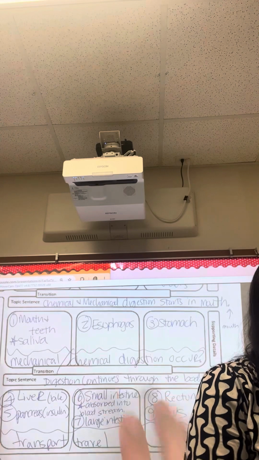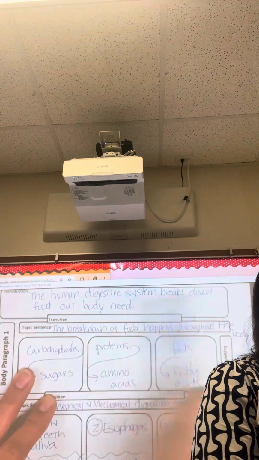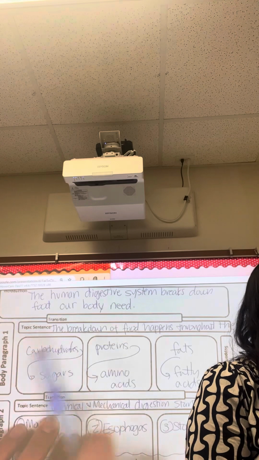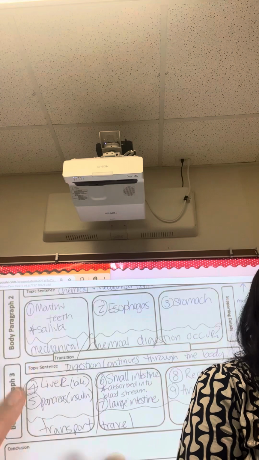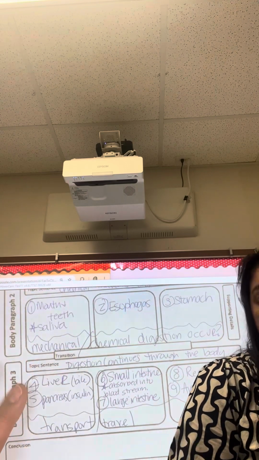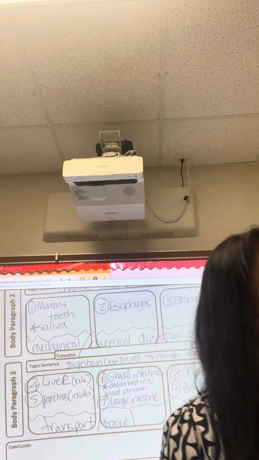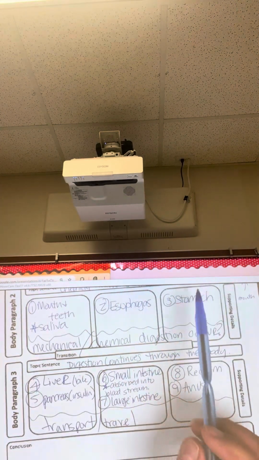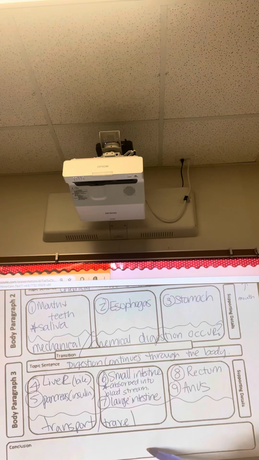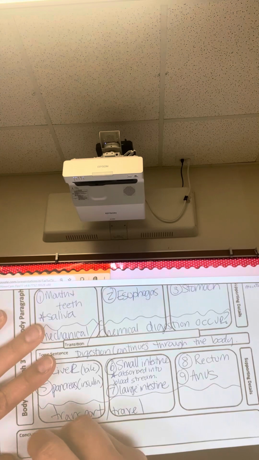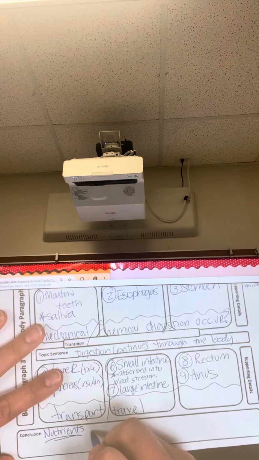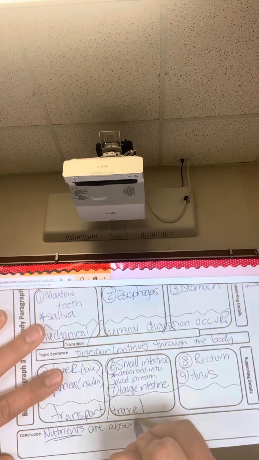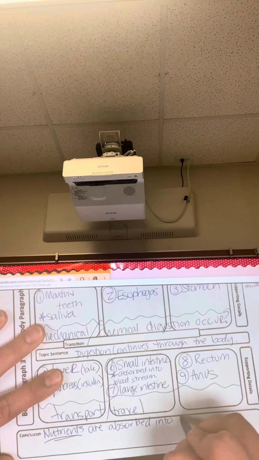Now, this essay question is: the human digestive system breaks down food for our body needs. And we started with chemical and mechanical digestion starting in the mouth. We're going to wrap this up with a sentence about food leaving the body, because if the food comes in here, it's going to end here. Do you have to use it? No, but I'm going to give it to you. Because really, the whole purpose of the digestive system is to absorb nutrients. Nutrients are absorbed into the body